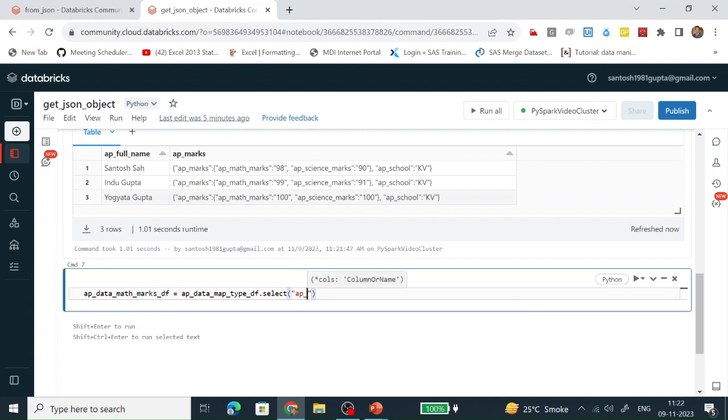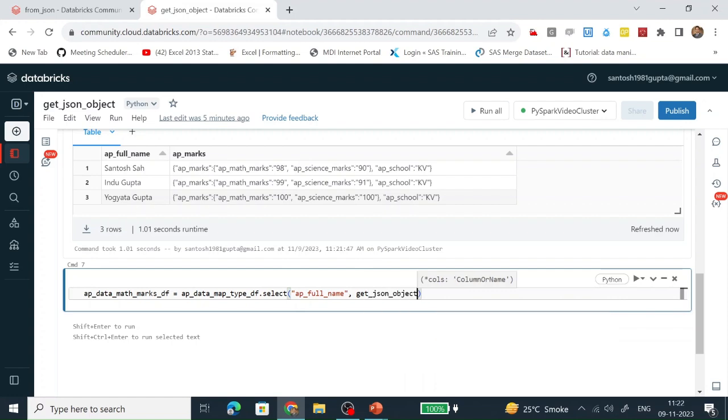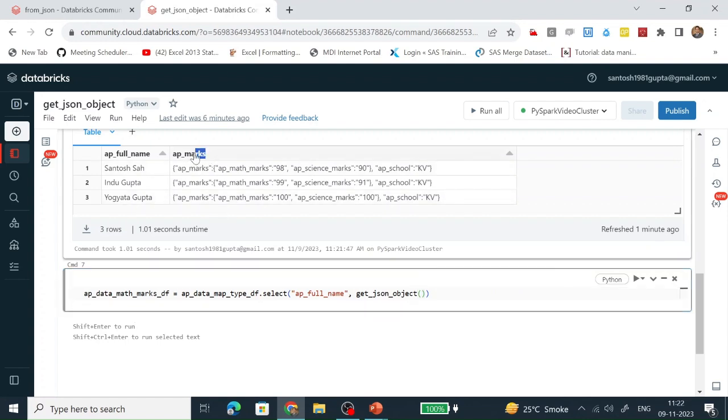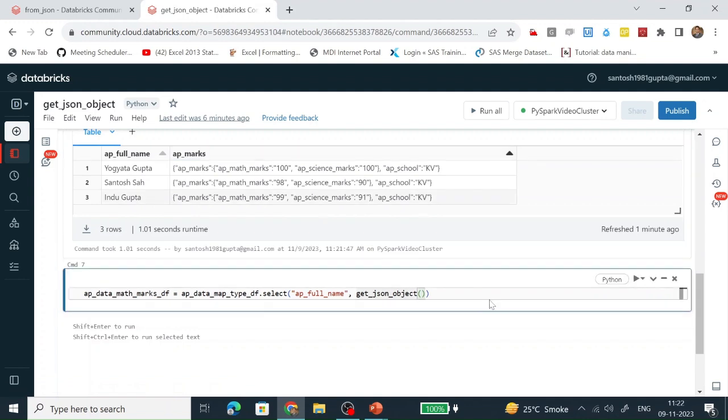We are selecting AP full name, and we are also selecting one more column with the help of get_json_object. In this function, first we pass the name of the column, which is of a string type, but the structure is of JSON type.